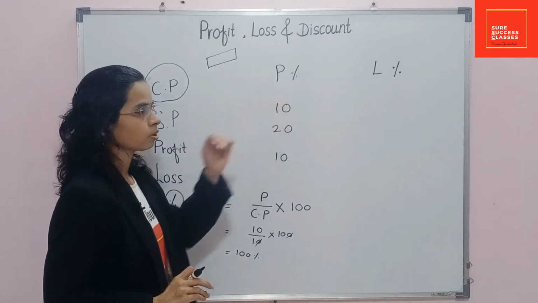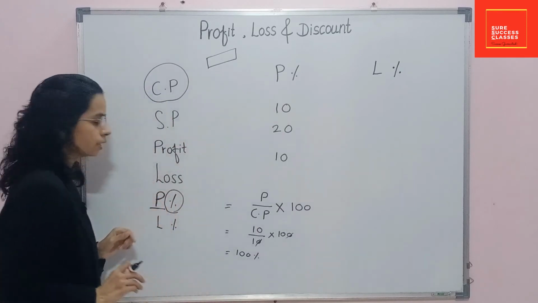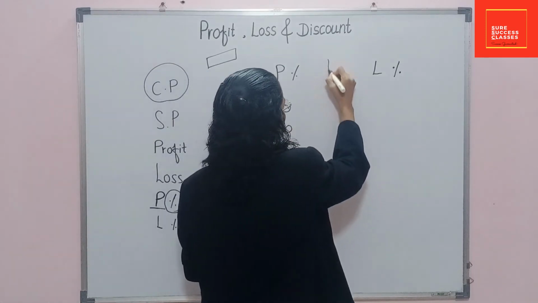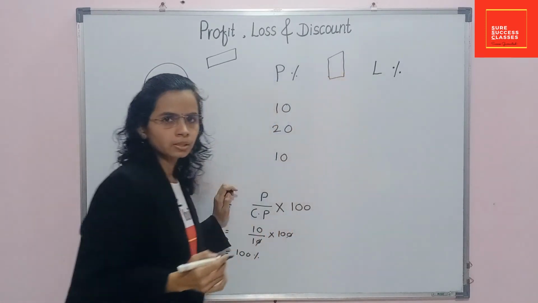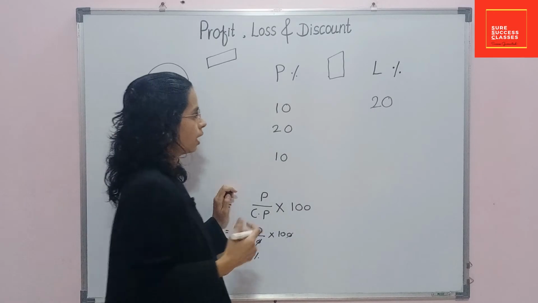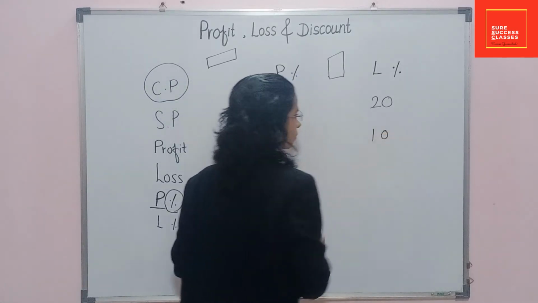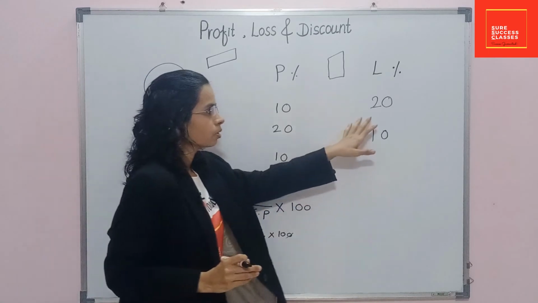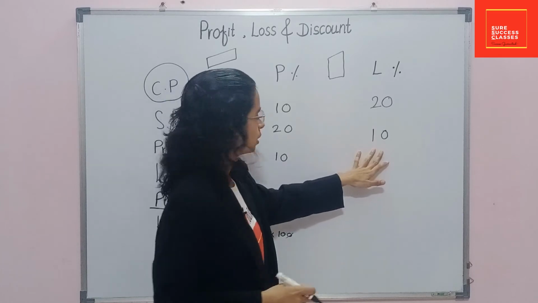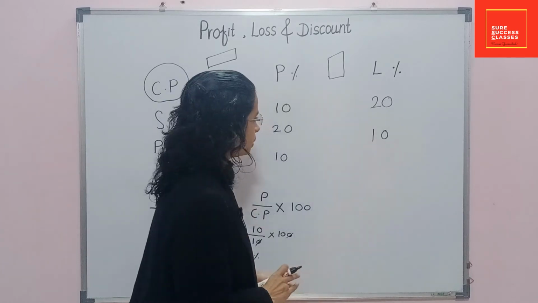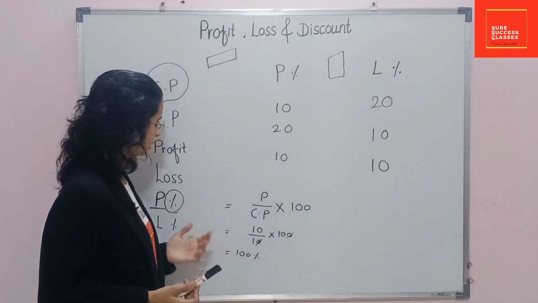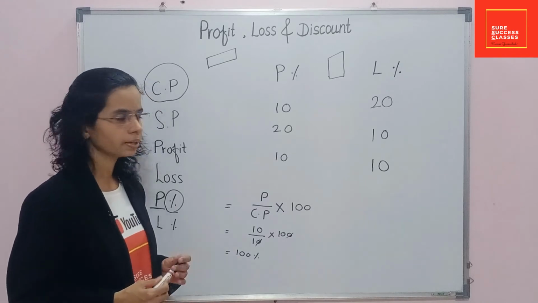If we look at the loss percentage, for that we will take another example. If I bought this notebook at rupees 20 and I sold it at rupees 10, here 20 is my cost price and I am selling it at a lower rate at rupees 10, which means here rupees 10 is my loss. And if I want to calculate it in terms of percentage, at that time the formula will be